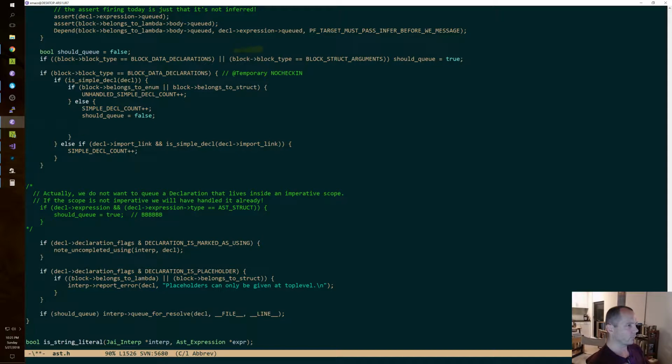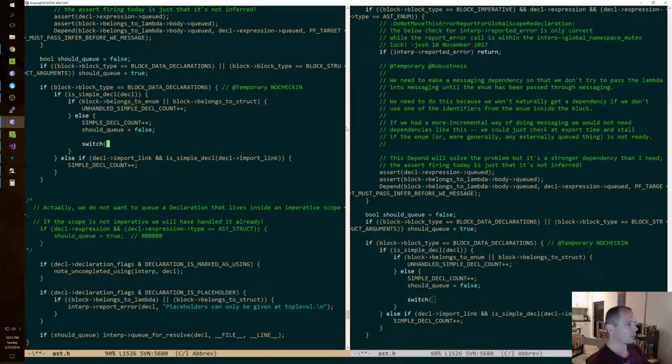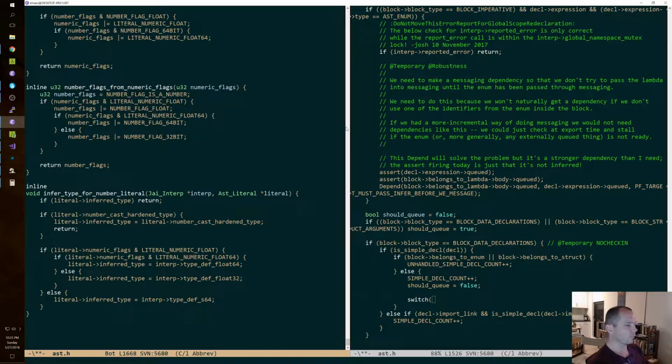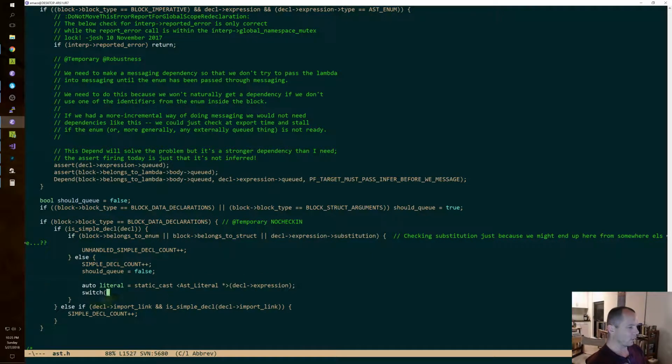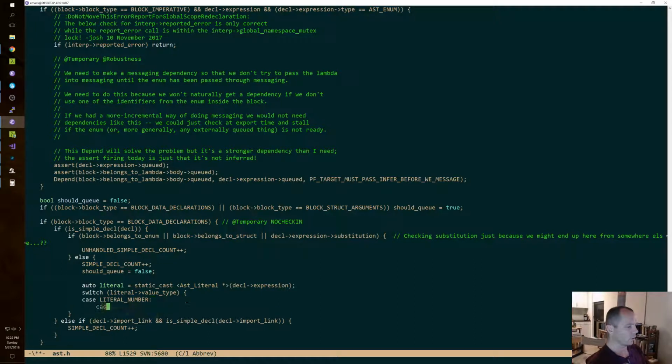So if switch, auto literal static cast as literal decl expression, okay, switch literal value type, case literal number, case literal string, case literal